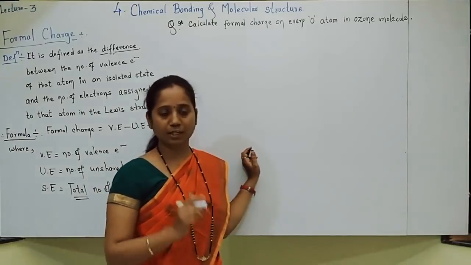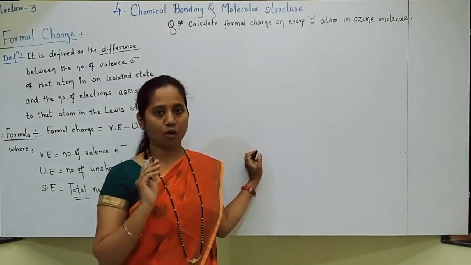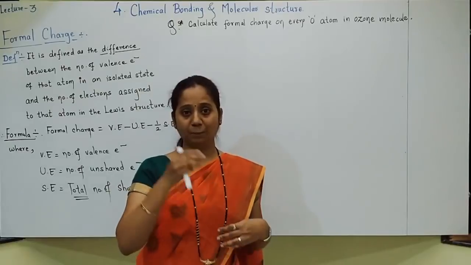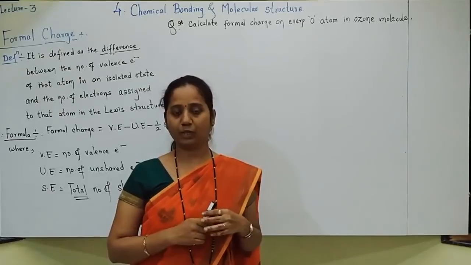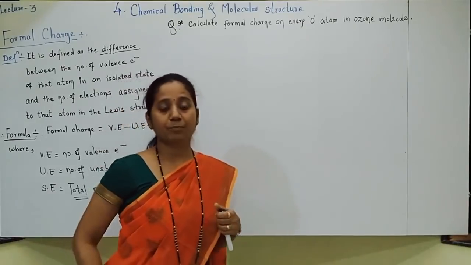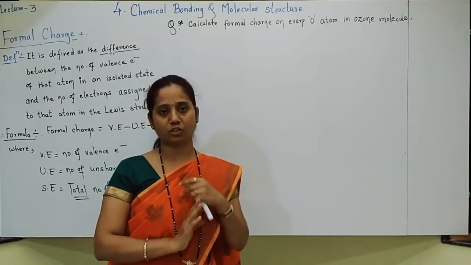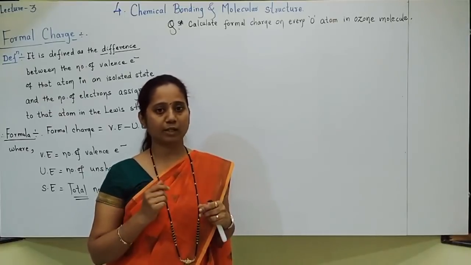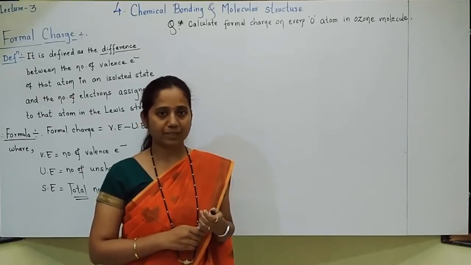Then students, in an ozone molecule how many oxygen atoms are there? You know very well, 3 oxygen atoms are present. This question is asked, so in the previous class I explained the ozone structure very well. Okay, still, students, let us revise the structure of ozone once again. Whenever this question is asked, I expect that you first draw the structure properly. Don't make any mistake while drawing the structures, and then your calculation of electrons will become very correct.